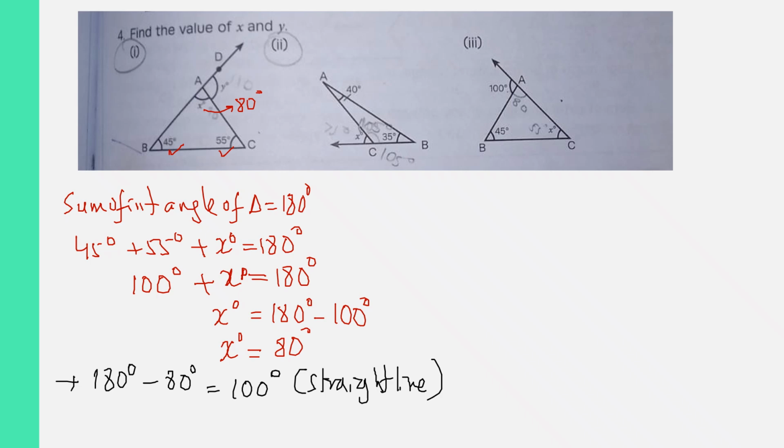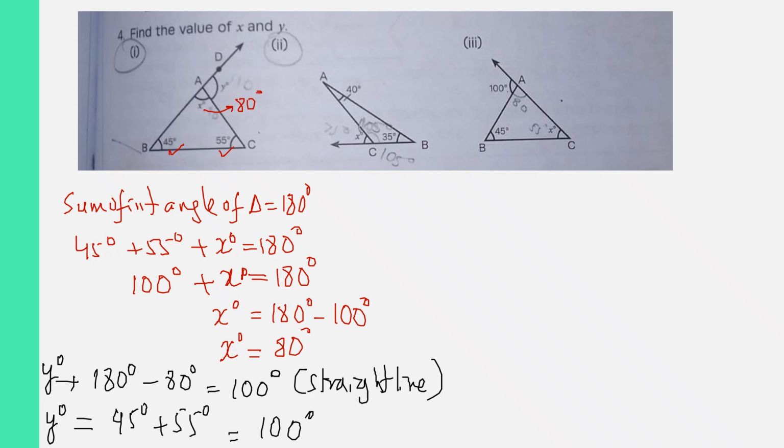And this is how you found y degrees. And another way you can do it is using the exterior angle property, which says exterior angle is equal to the sum of the two opposite interior angles. And in this case, the opposite interior angles are 45 degrees and 55 degrees, which will again sum up to